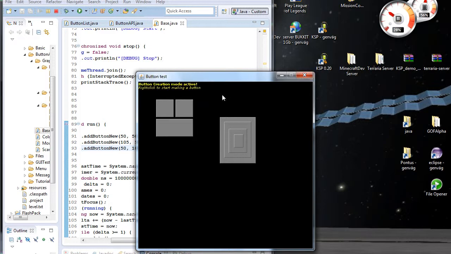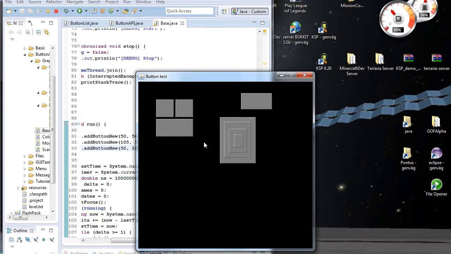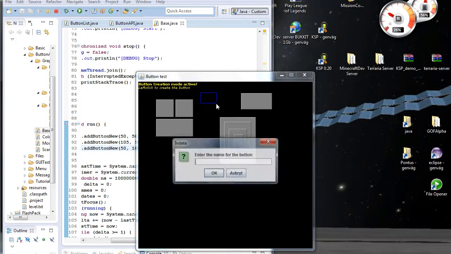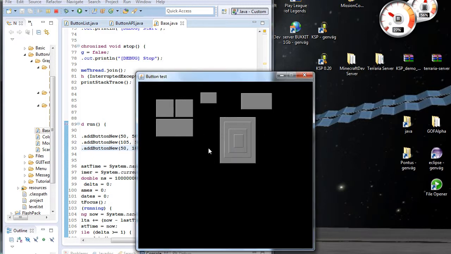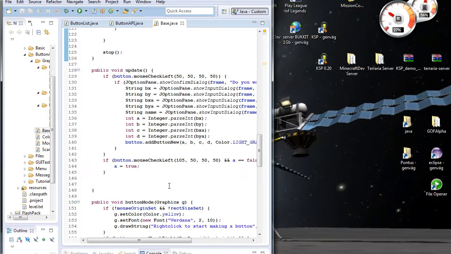Now we have, oh yeah, that's a buggy thing. Like if I create a button and I haven't pressed anything since I created that, if I hover over that, it will get me into creation thing. But if I left click after, it won't. So I will fix that later. Anyway,